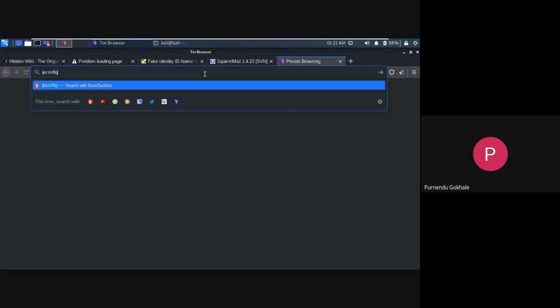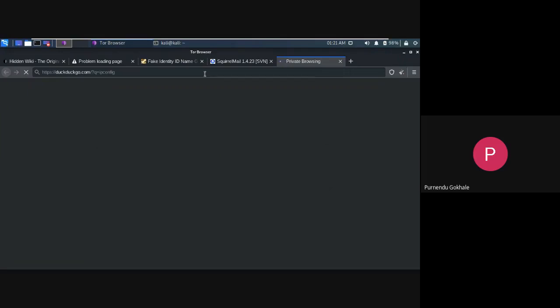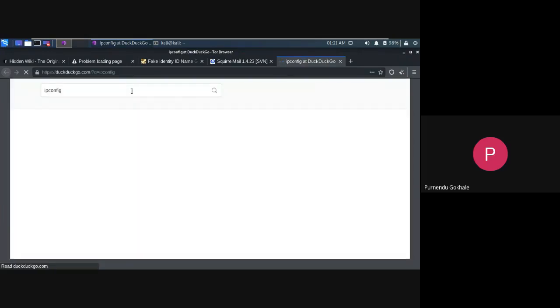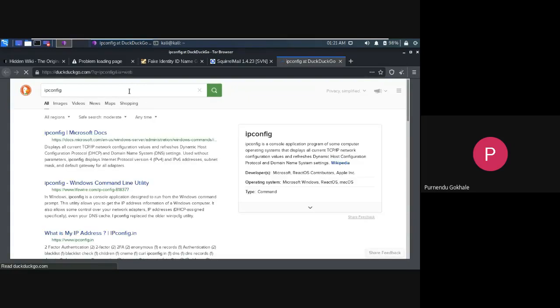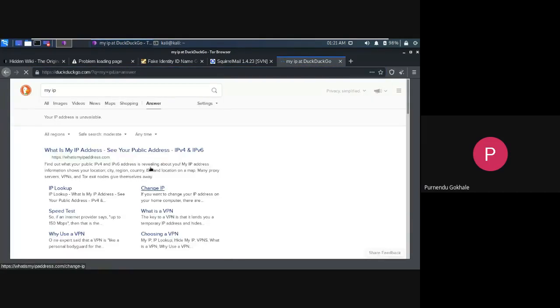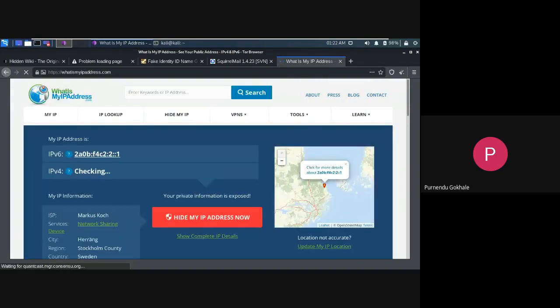So if I search for my IP, here you can see it's a bit slow, but it's worth it for the encryption it's providing.